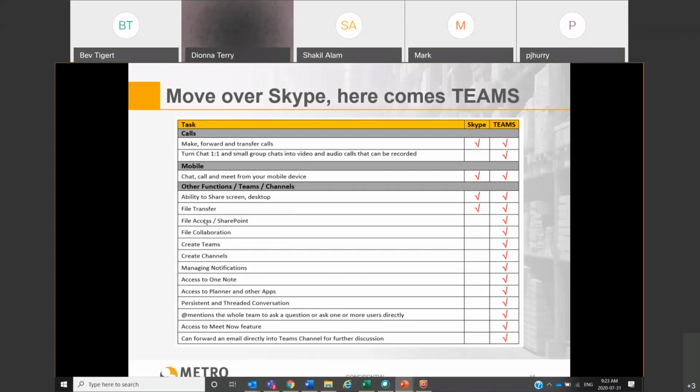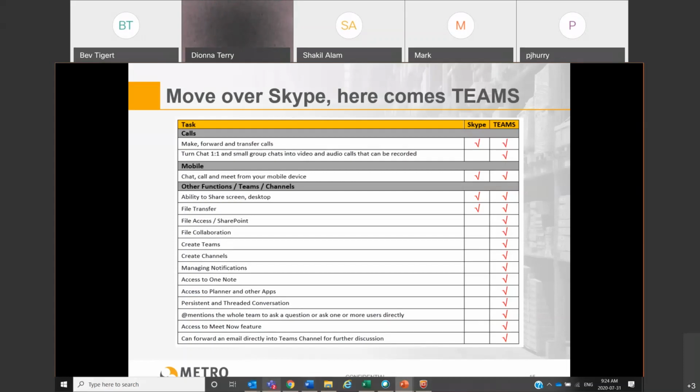And of course, some of the other things, you can create a team and channel, which you can't do in Skype. Manage your notifications. Remember from our session 1, we had notifications that we would spend some time on. With teams and channels, each channel can be set up to the different notifications on how you want to receive information. And then, of course, you can use apps and persistent, threaded conversation. At mentions. At mentions are very important when we're talking about teams and channels. So if you're in a team of, let's say, 40 people, and you want somebody to do something or pay attention to what you're posting in there, you could go at their name, or you could go at the channel or at the team. That way, everybody will get notified in terms of what's happening.